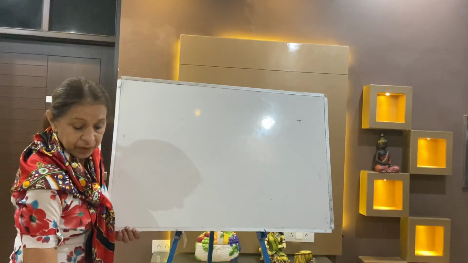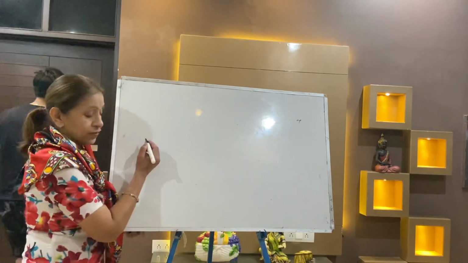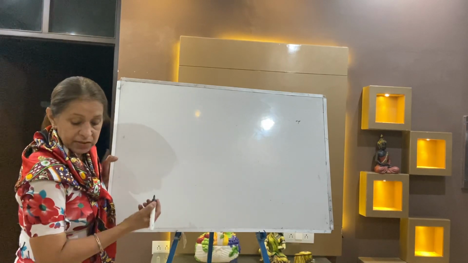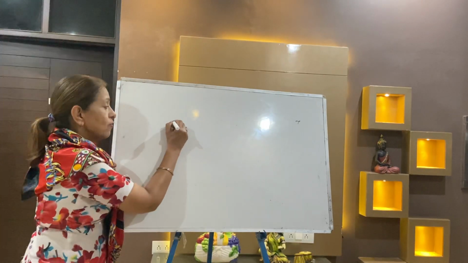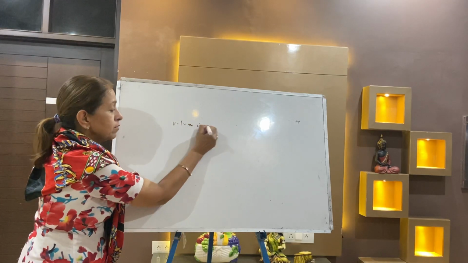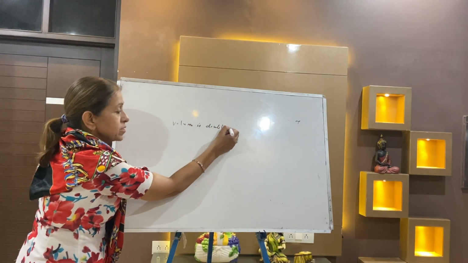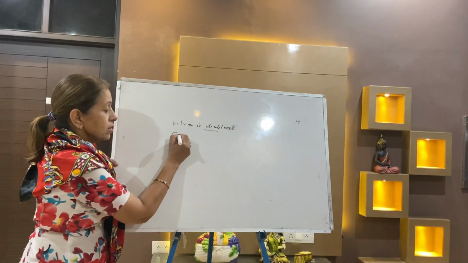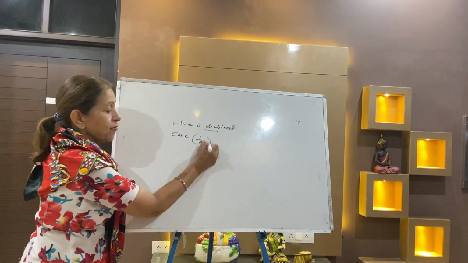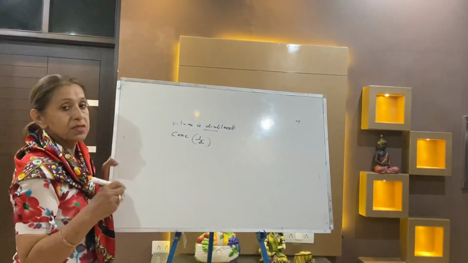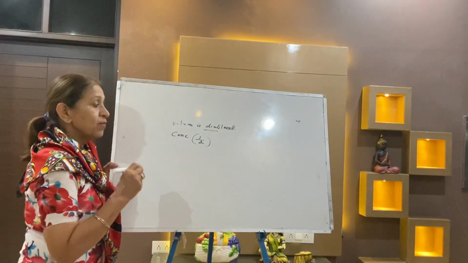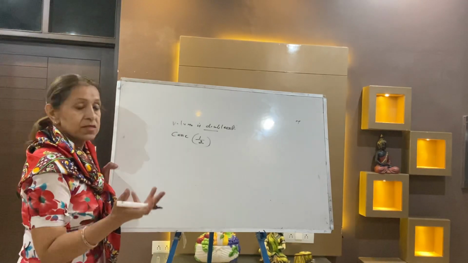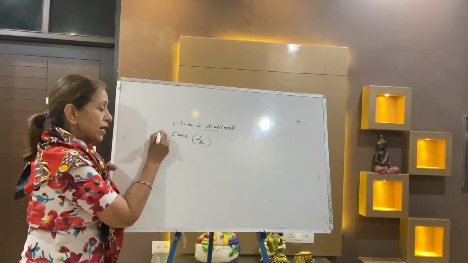The question is, the rate of the reaction is halved when the volume is doubled. Now remember, student, when the volume is doubled, the concentration becomes half. When the volume is tripled, the concentration becomes 1 by 3. So you will write that.